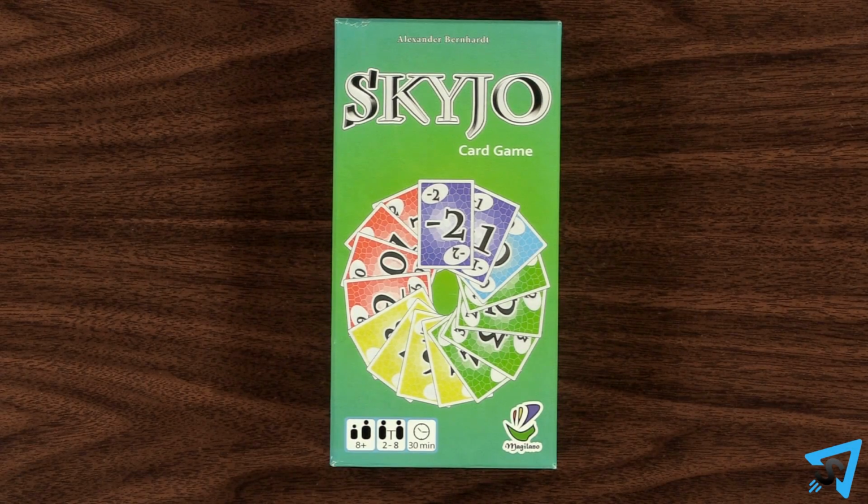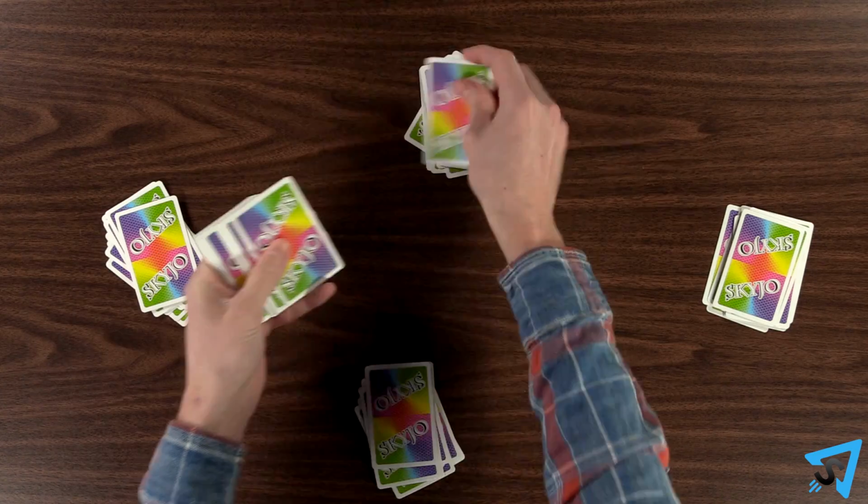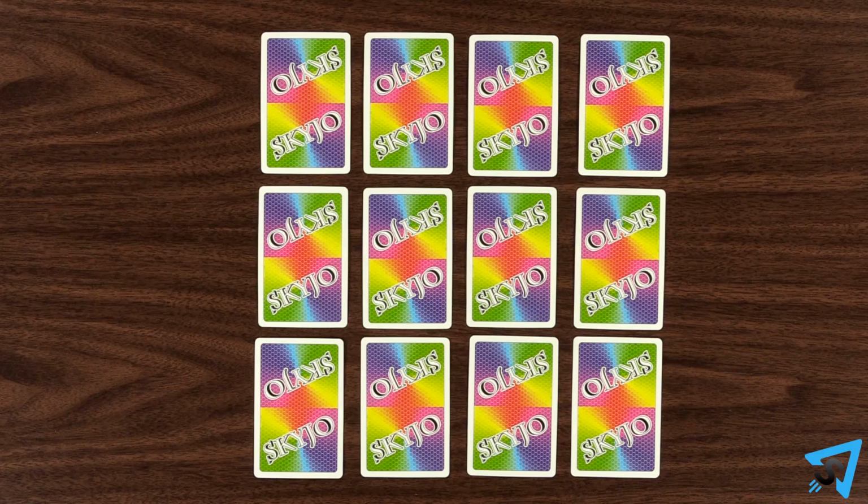Skyjo, how to play. The object of the game is to have the fewest points at the end. The game ends once one player gets 100 or more points. Shuffle the deck and deal 12 cards to each player, which they keep in a 3x4 face-down grid in front